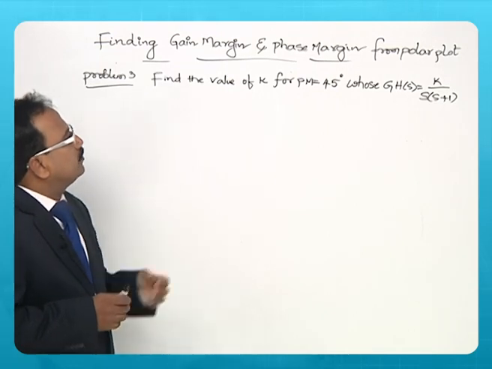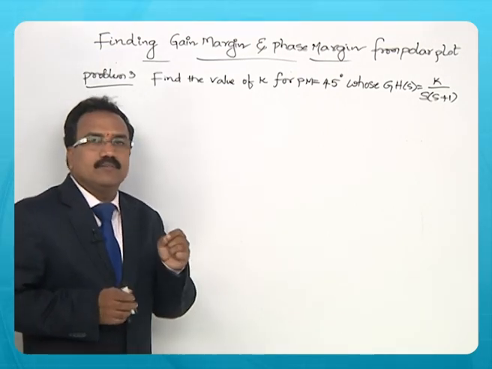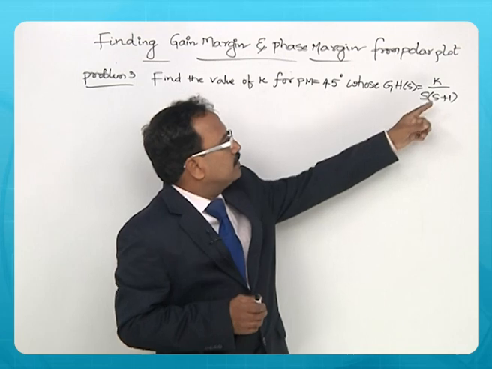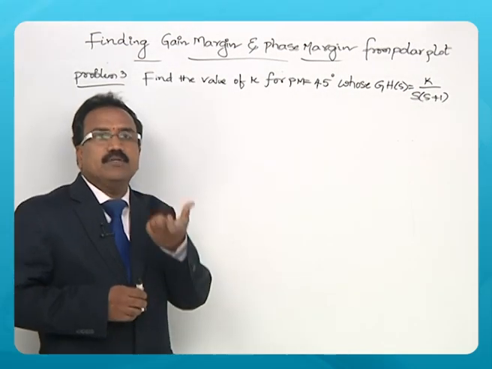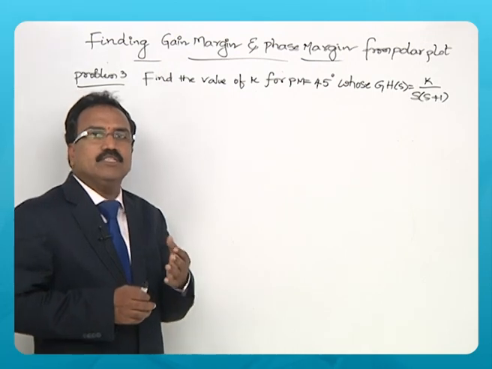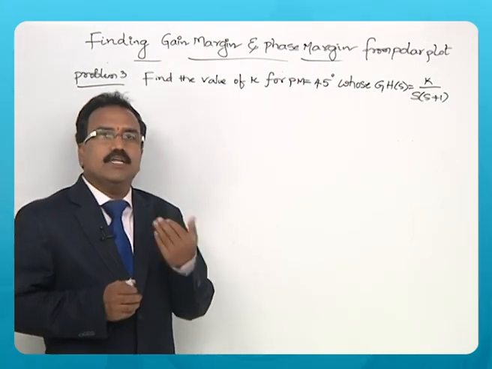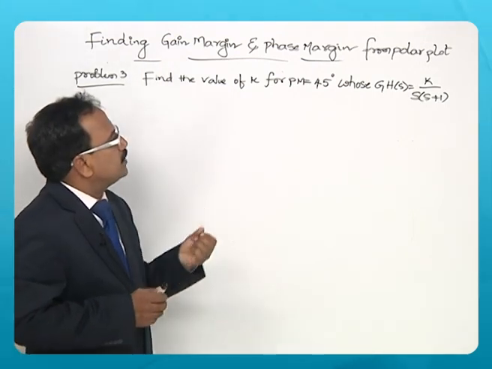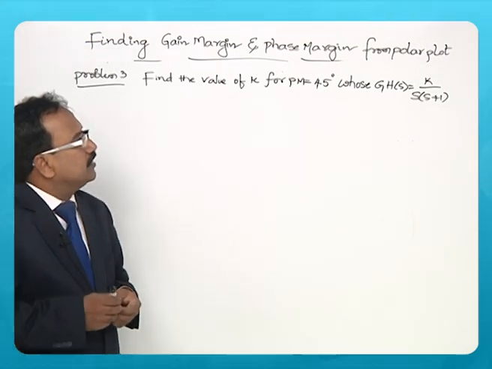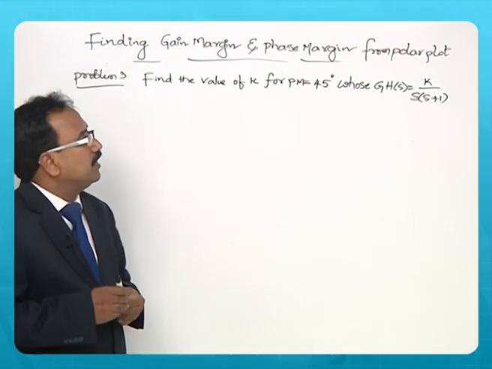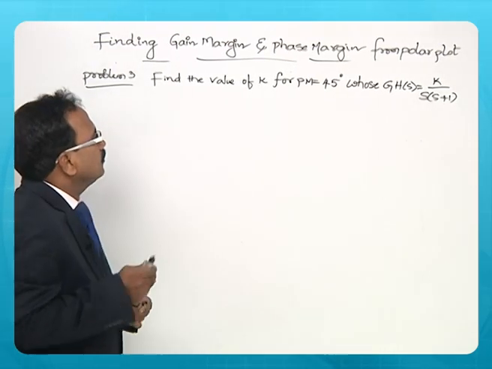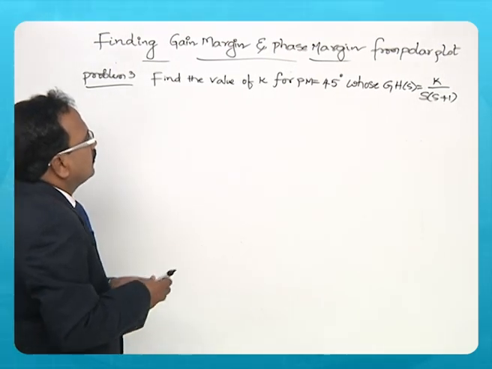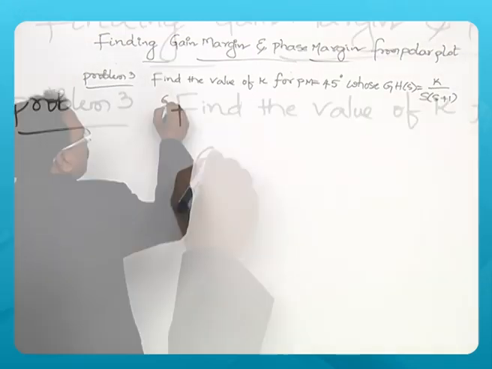Here you need to find out the value of K, that is the gain constant, which is represented in the system, for a particular phase margin. The phase margin is given. You need not determine it, but for a phase margin of 45 degrees, what should be the value of K in the given system. So for this, the function is